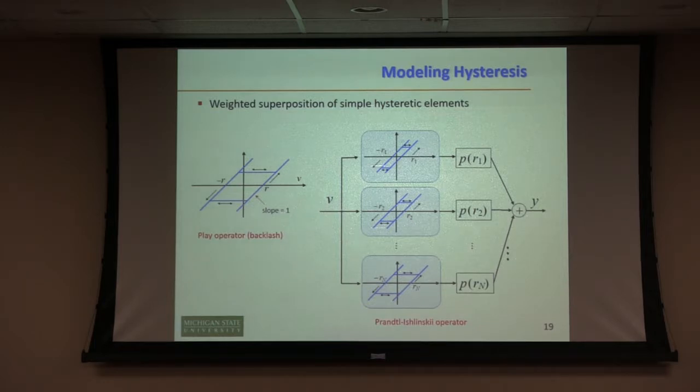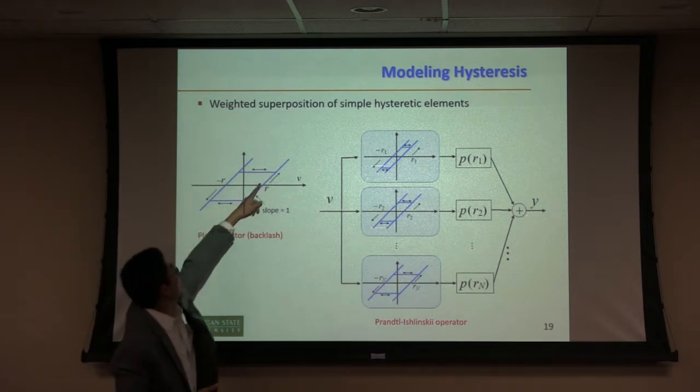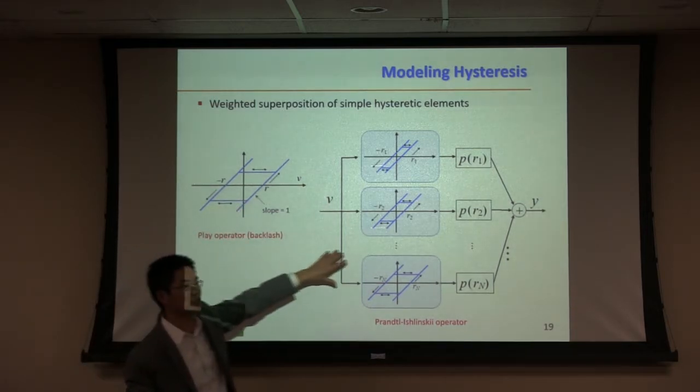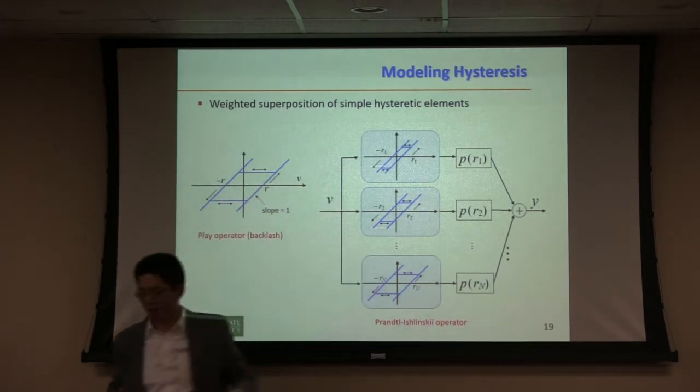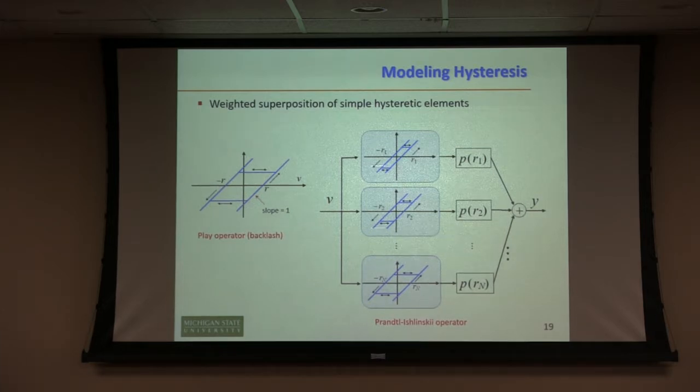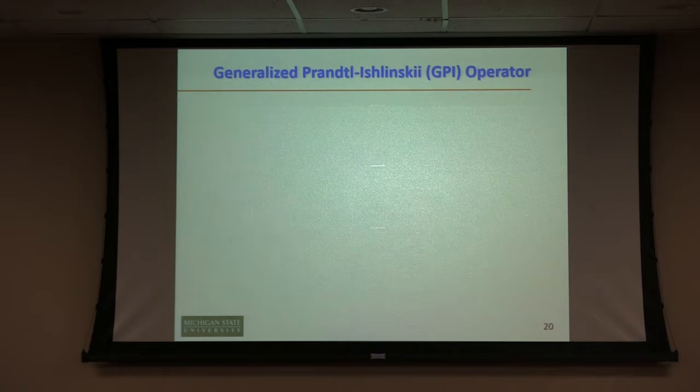The downside of this is that it's very symmetric. If you look at this behavior here, it's always symmetric. So whatever you get out of this will be symmetric. And also it does not saturate. With larger and larger input or lower and lower input, it doesn't saturate. And these are the problems people often encounter for modeling hysteresis: being asymmetric and being able to allow saturated behavior. So you can make a modification of that to get the so-called generalized PI operator, where you see this is a